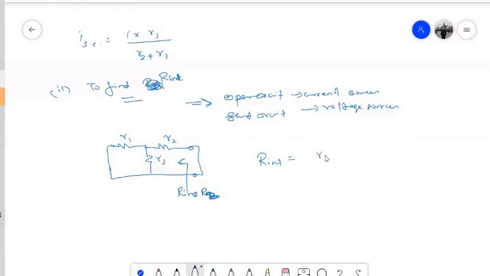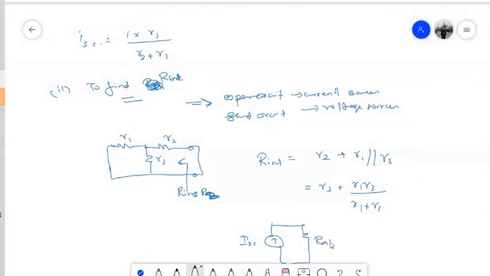To find this R int, it is nothing but R2 plus R1 in parallel with R3. So that is R2 plus R1 R3 divided by R1 plus R3, that will be R int. Now once that is done, the given circuit can be replaced by a current source which is equal to the short circuit current,